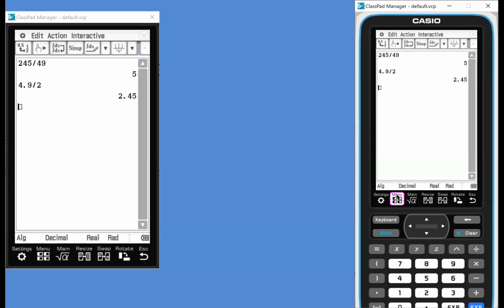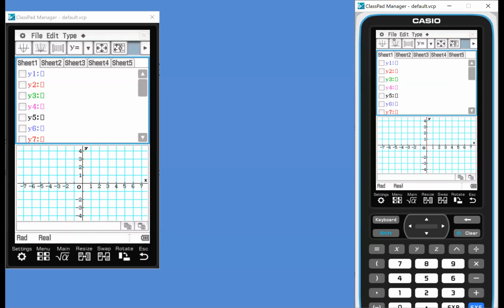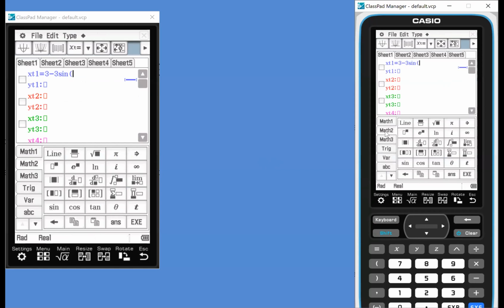All right, so I'm going to go to Menu, Graph and Table, type, parametric type, 3 take 3 sine t,